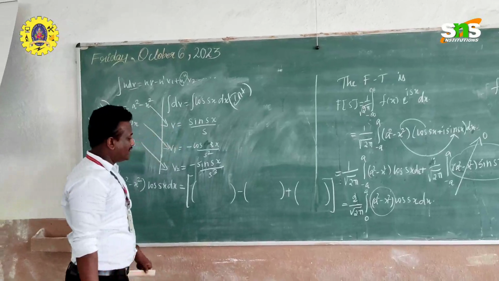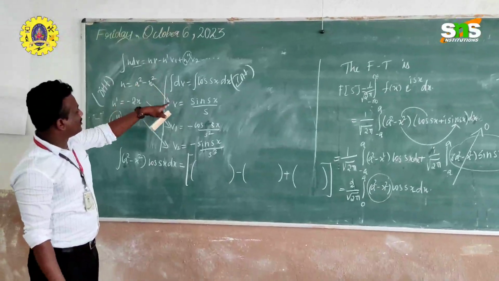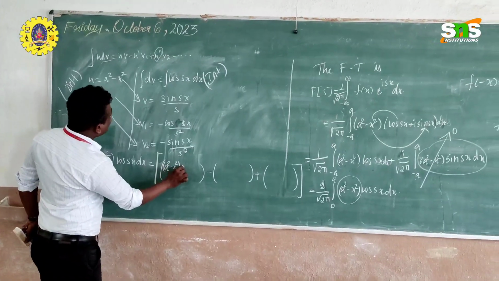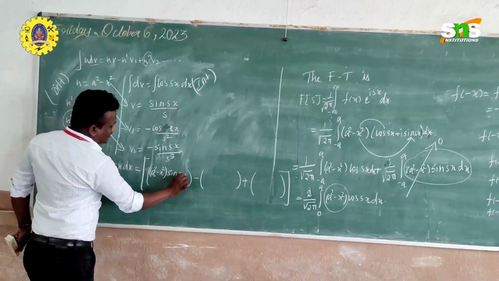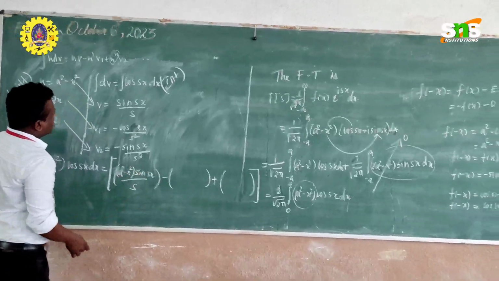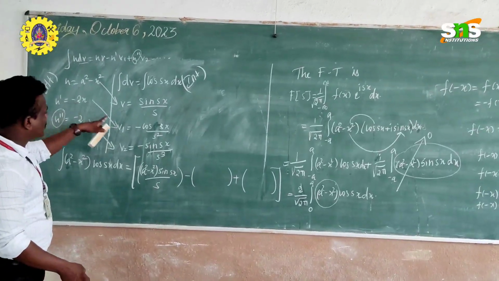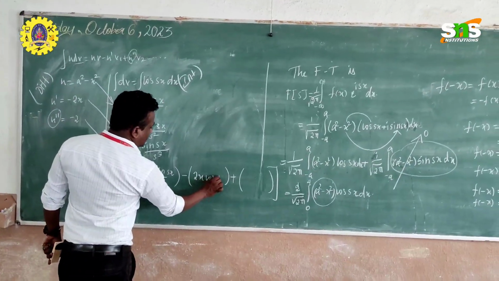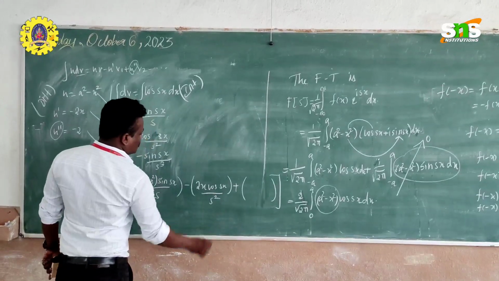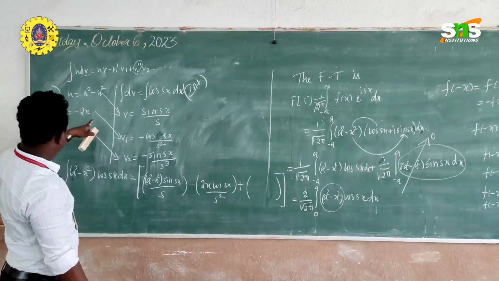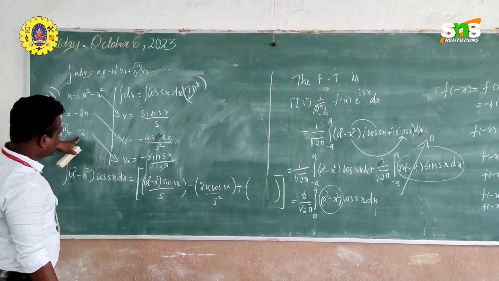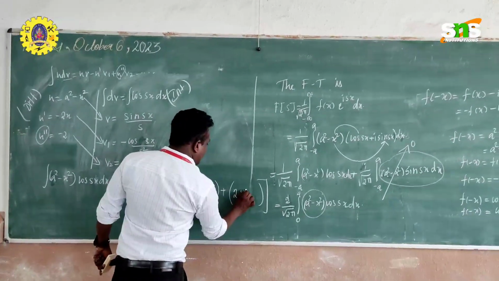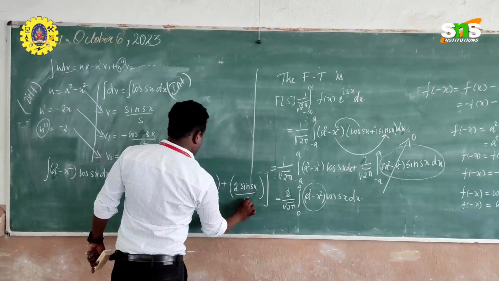common bracket. Okay. In the first bracket write the uv multiplication. It is a square minus x square into sin sx divided by s. Then multiply second, minus into minus what? It is plus. So 2x cos sx divided by s square. Then this second part is completed. Let us come to the third part. Minus into minus again plus. It is 2 times sin sx divided by s cube.